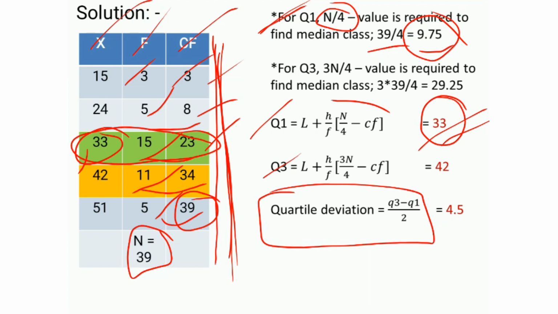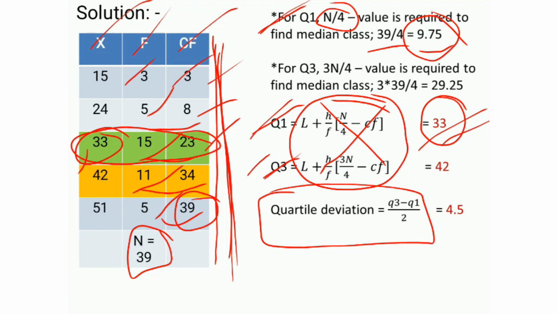But I have given the formula here. Both formulas, for Q1 and Q3, are applicable only for continuous series problems. So this formula is not applicable for this question. I've just given the formula for students to remember. If it is required in a continuous problem, they can apply it and get the answer. But here the representative of the Q1 class is 33, so straight away you can take 33 and write the answer.